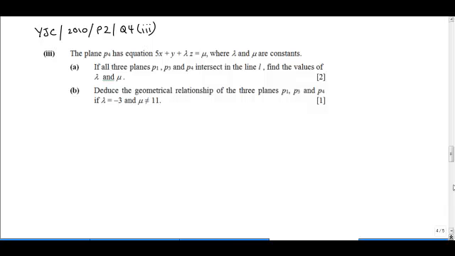In this video, we are going to go through YJC 2010 Paper 2 Question 4 Part 3. This is a question on the relationship between three planes. So I'm going to start with a summary of three planes. So when we have three planes,